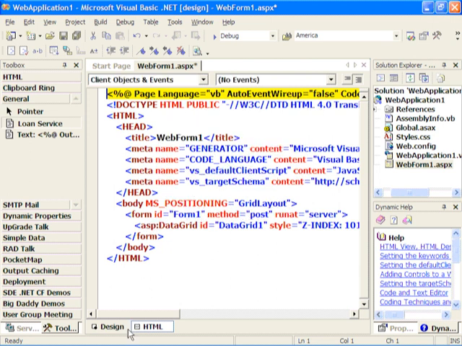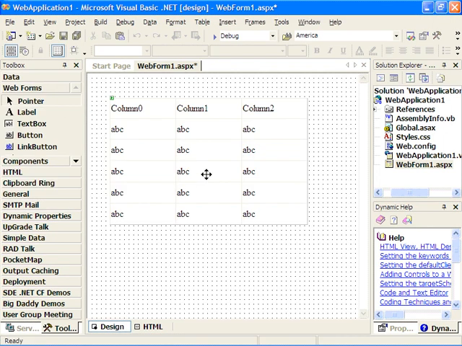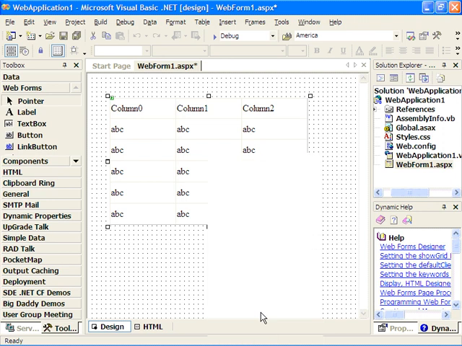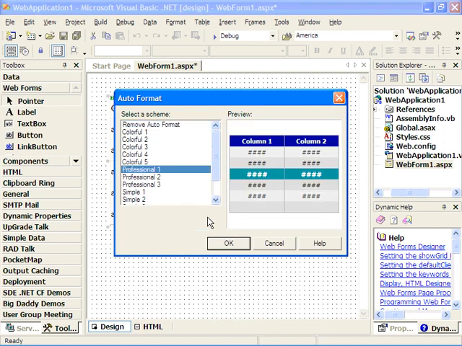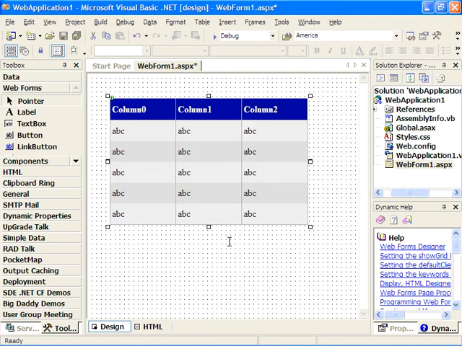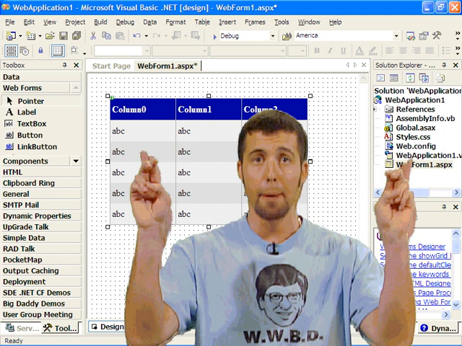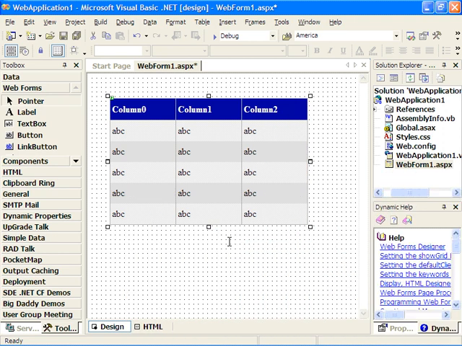Sure. So what if we wanted to change some properties in here? You're used to doing designers, so if we right mouse click here, we can go to the auto format and pick one of the colorful professional ones, for instance, and now we've got a nice grid. That's amazing. All right. So we can do a bunch of other things with properties, etc., but let's go ahead